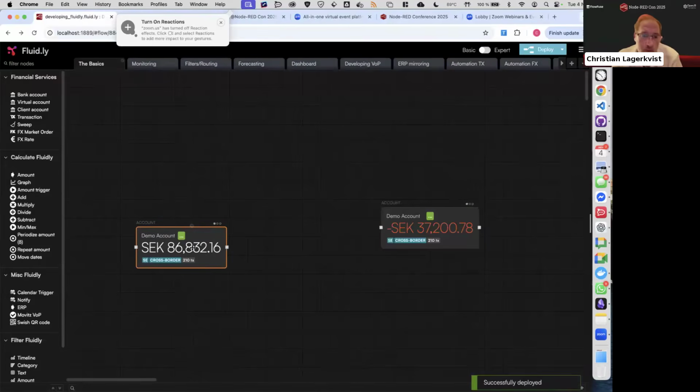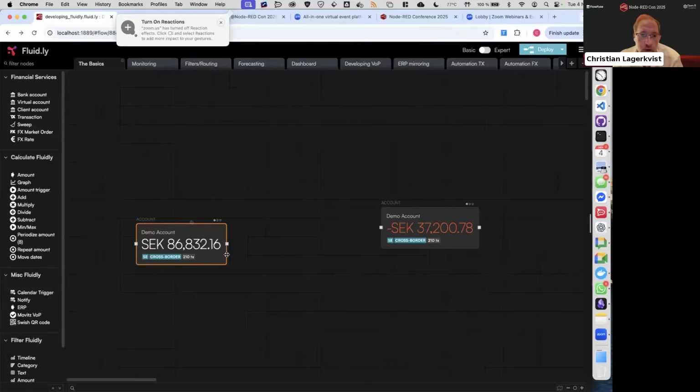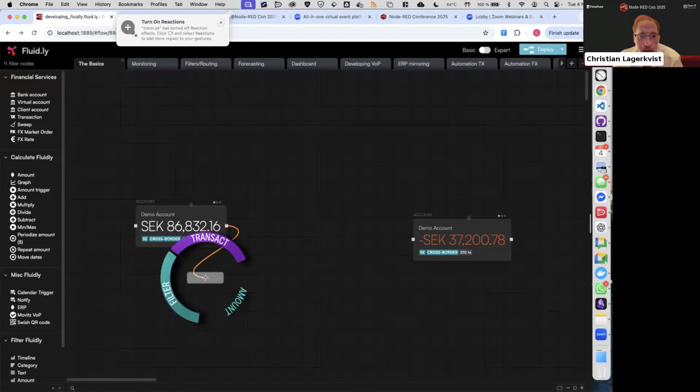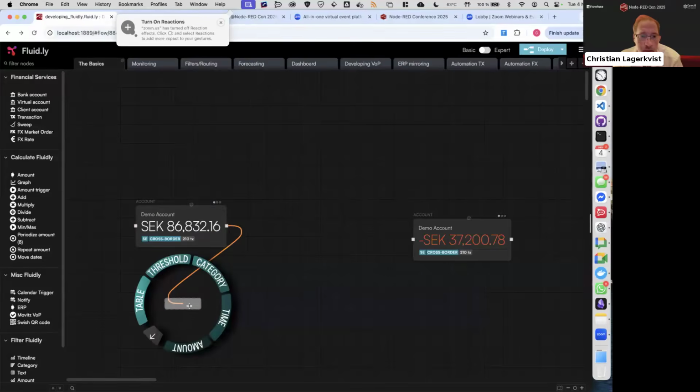So imagine that we have transactions on this bank account that we want to share with a partner or a subsidiary or a customer or whatever. So basically a percentage of a selection of transactions. And the first thing I have to do then is to dig into this account. So I can do that by adding a filter.